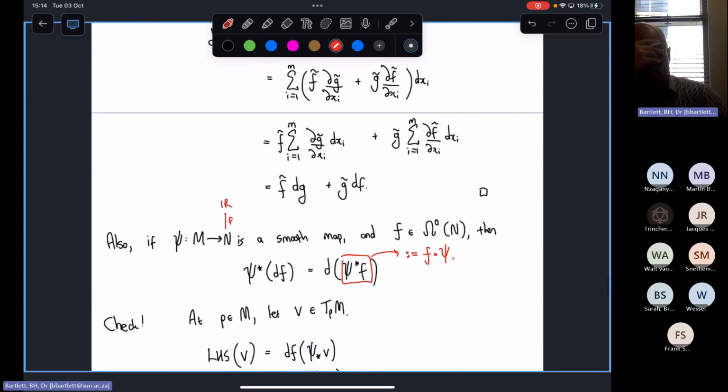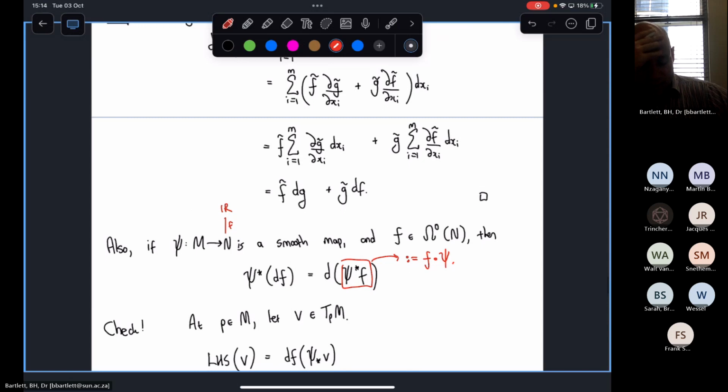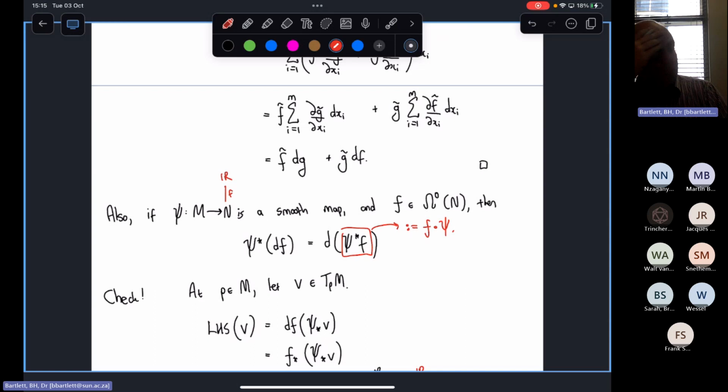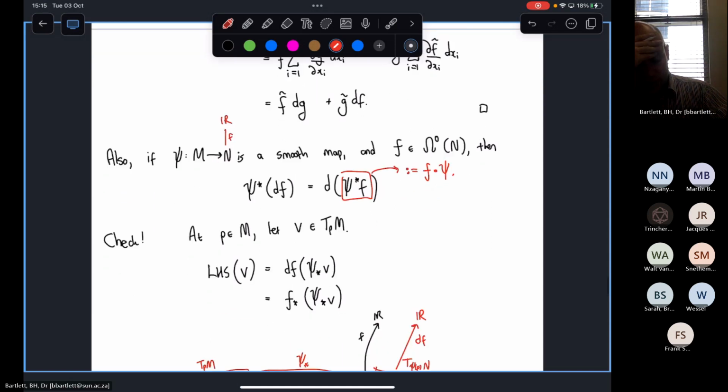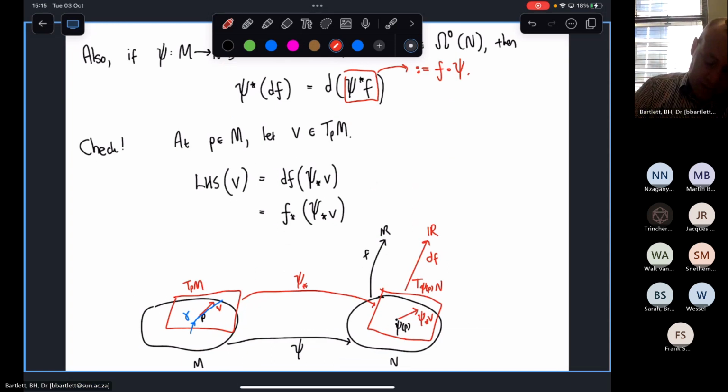Okay, so let's check this. The left-hand side applied to a tangent vector v is by definition df on the push forward of v, right? And one thing you can check is that what is that? That's actually the derivative of f applied to the push forward of v. Okay. So just to be clear here,